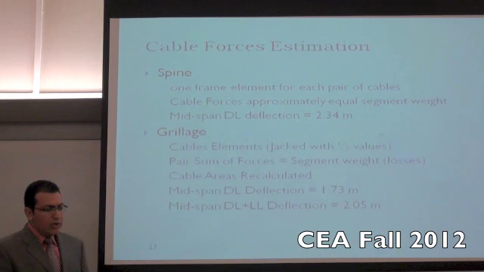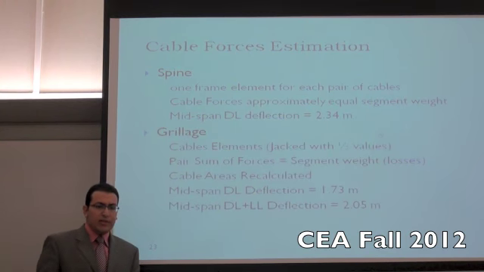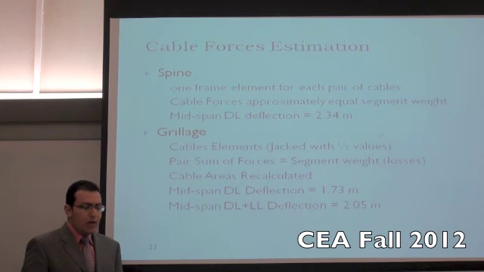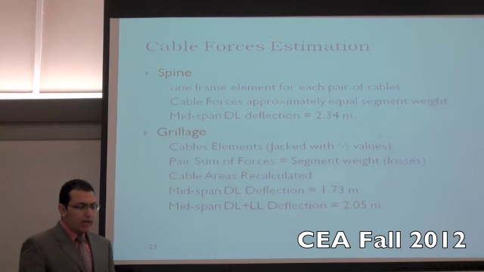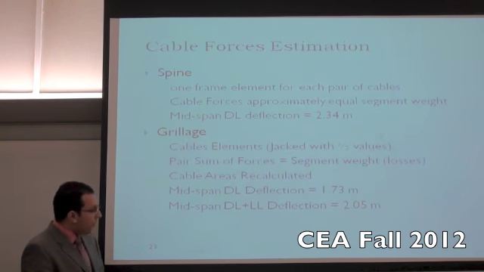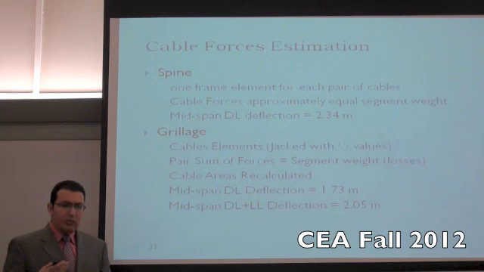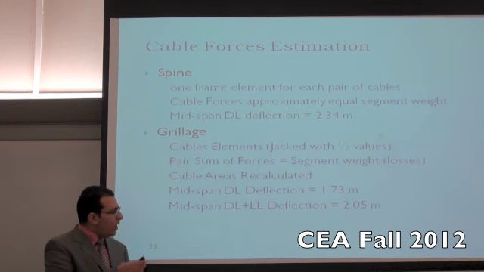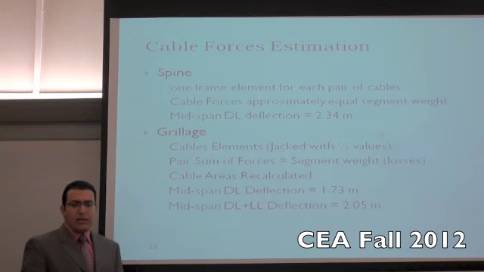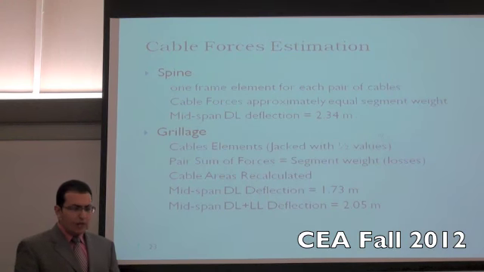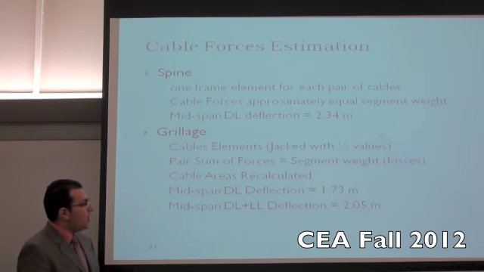Then we moved to the grillage. We used a cable element to represent each cable instead of one frame to represent each pair. And we jacked the cables with half of the values we got from the first iteration. Then we got quite the same results as the previous one. As you can see here, the deflection is 1.73 meters because the cables were already jacked, plus some losses of the forces. The forces increased in the cables because of the nonlinear behavior. The mid-span dead load and live load deflection were 2 meters and 5 centimeters. Now these numbers are